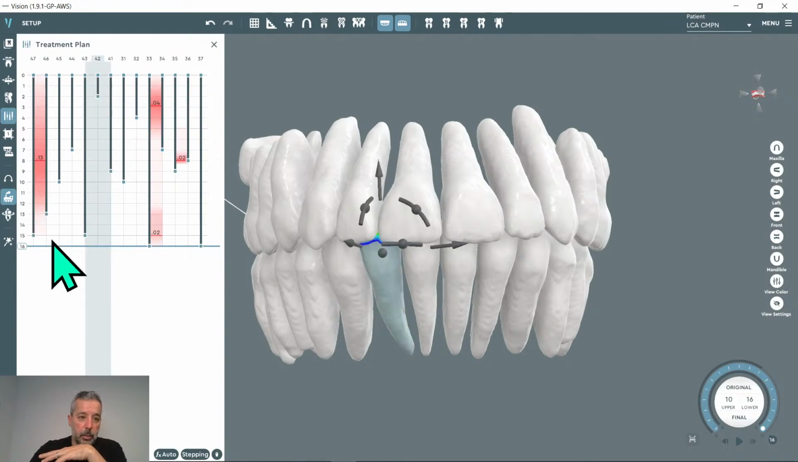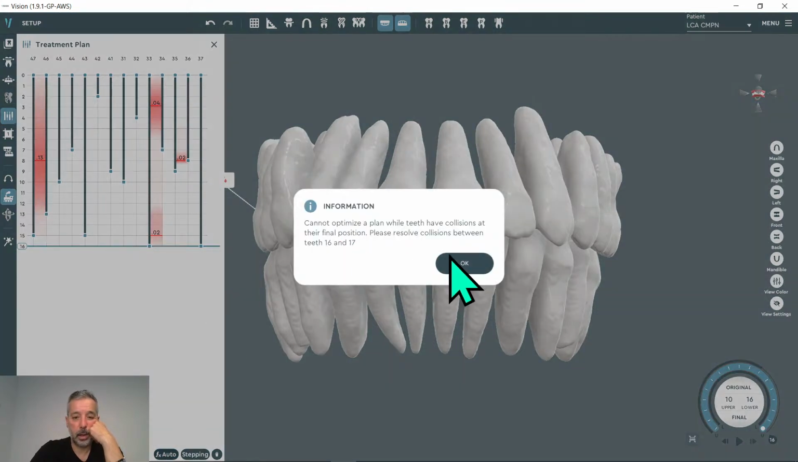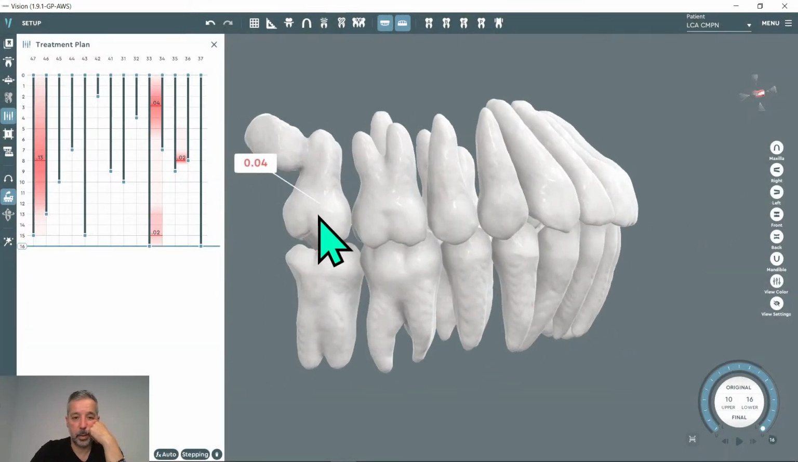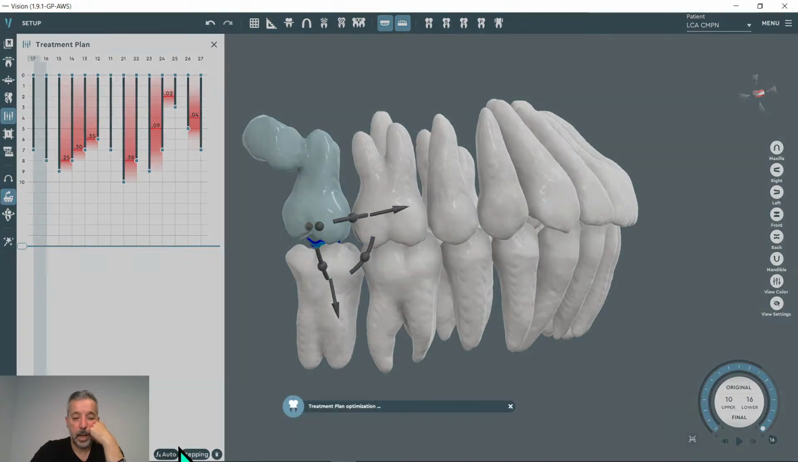This is the lower jaw, and this is the upper jaw. If I agree, I make IPR, the case is finished. If I want to avoid the IPR, you need to go to, okay, I have this type of problem, let me check. Okay. Now